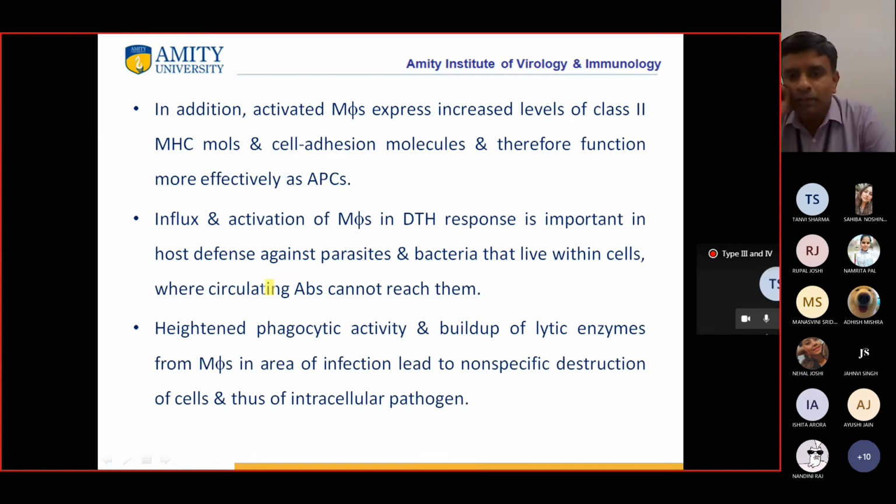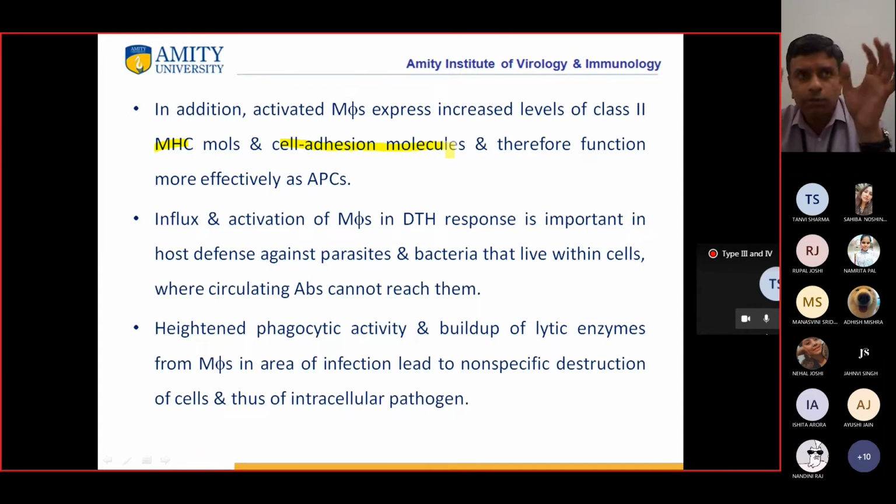Now, in addition to this, activated macrophages also start increasing the level of class 2 MHC molecules, right? They are APCs. So जब वो activate होगा तो expression of MHC भी बढ़ जाएगा, okay? And cell adhesion molecules ये भी बढ़ जाएंगे, okay? So अभी शायद तुम्हें cell adhesion molecule समझ नहीं आएगा, but cell adhesion molecules basically they help in the movement of these macrophages, okay? So influx and activation of macrophages in DTH response is important in host defense against parasites,